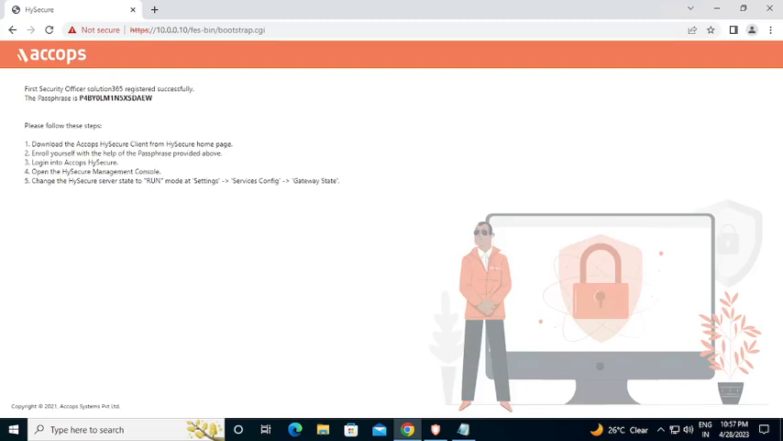So it has already completed this request, and my passphrase is over here. This passphrase is a one-time passphrase. So once you use it, you cannot reuse it. Okay, so I have got this passphrase, and now I'm going to register this passphrase so that I can get the server access. And for that part, as I mentioned in the beginning of this